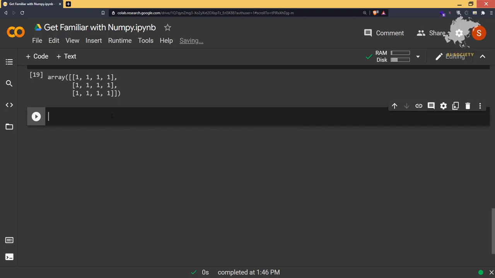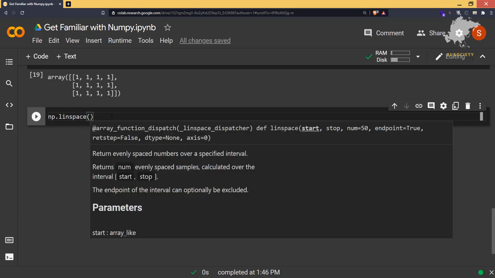Then we have something called linspace. What linspace does is it returns evenly spaced numbers over a specified interval. That means you will be giving an interval here, start and stop, and then you have to give the number as the parameter.